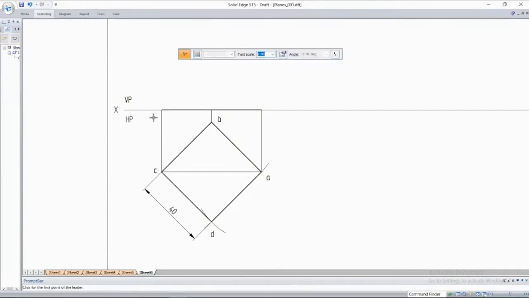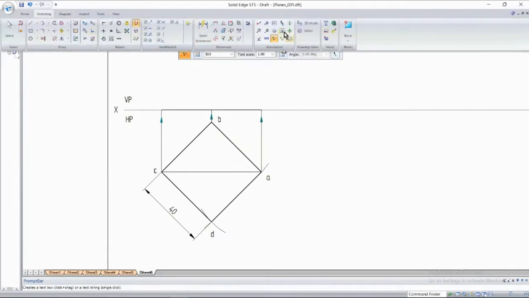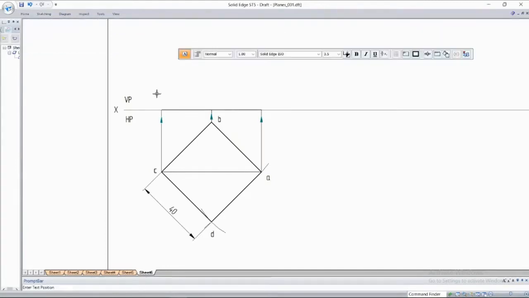Next, show the directions of projection. So this completes your, no, it's not complete. You have to give the namings as well. So this is point C, so this is C dash. And this point, when you see it from here, so D dash and the brackets B dash, and this is A dash. So this completes your first position, initial position.